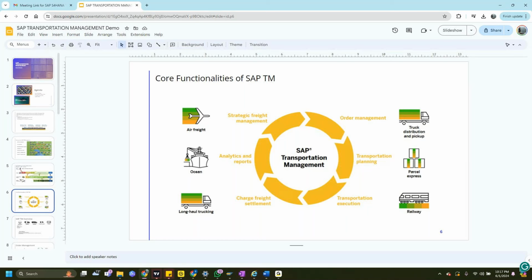Then comes order management. Order management is a critical part when we have a number of trucks leaving. Let's say in a particular month we have 10,000 trucks leaving from a particular location. Imagine the amount of workload the system would have. Over 30 days, that is roughly 1,000 to 1,500 trucks coming in and going every day.